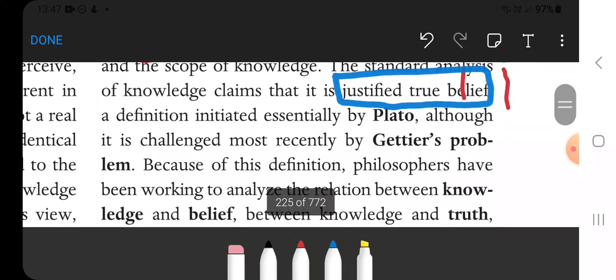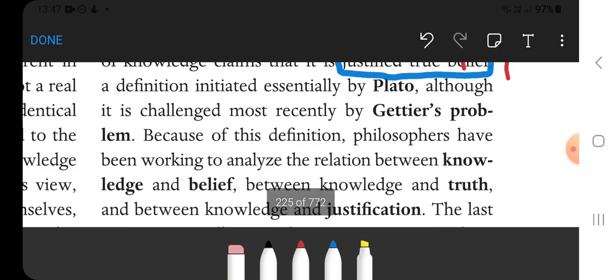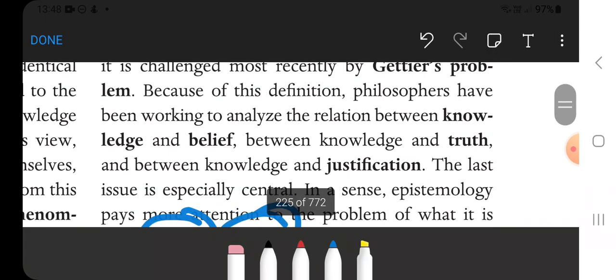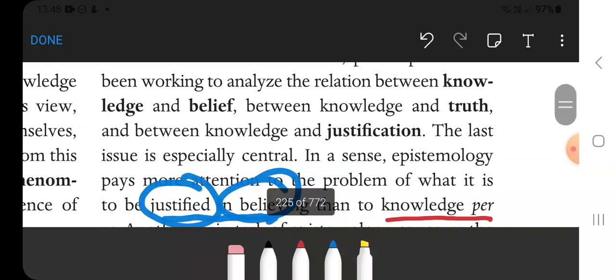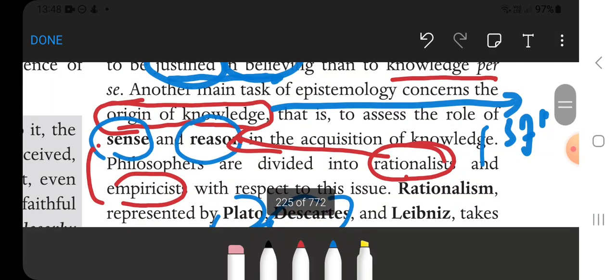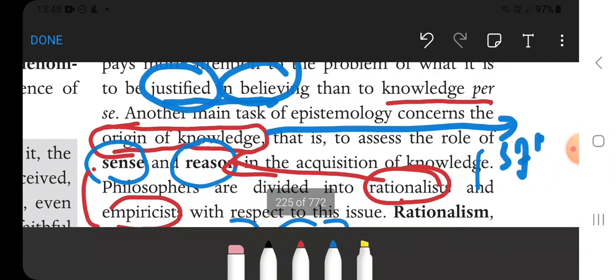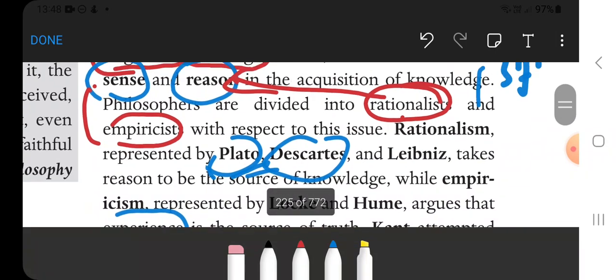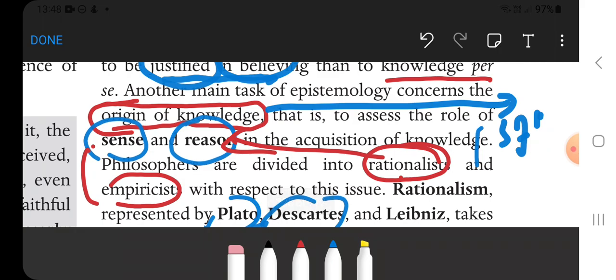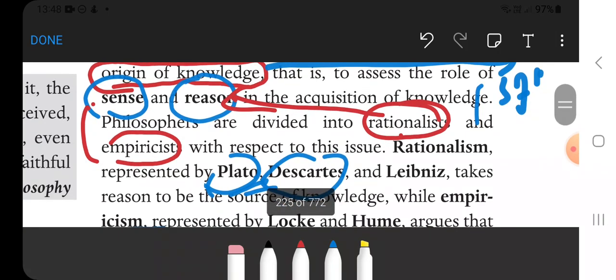I think that was a good entry. We learned some things about modern epistemology. The first thing we learned was that it's more focused on skepticism and the possibility of knowledge, and secondly it defines knowledge as true justified belief. So truth, belief, and justification all become important concepts and their relationship is one of the main areas of research. Second, about the sources of knowledge: the main sources are sense and reason. So which source has priority? Depending on that you would have rationalism and empiricism, and if you want to combine these two, you will get